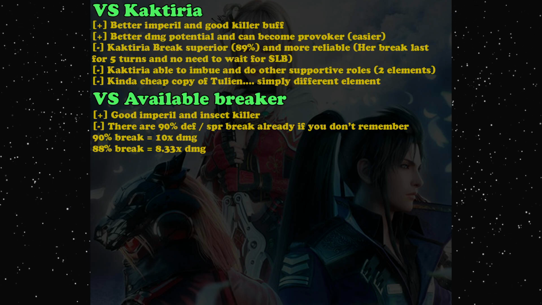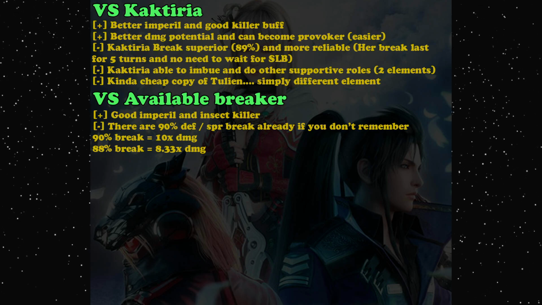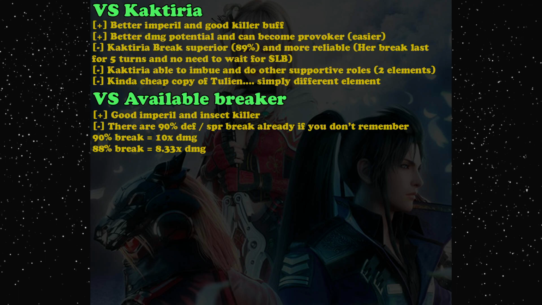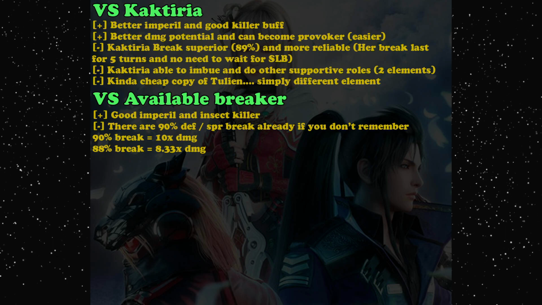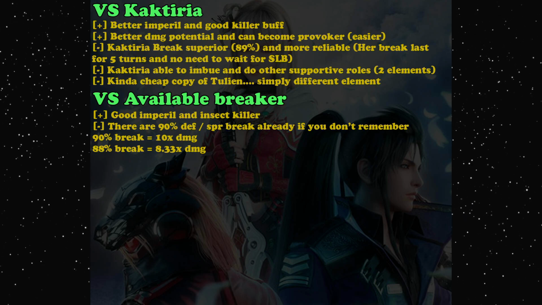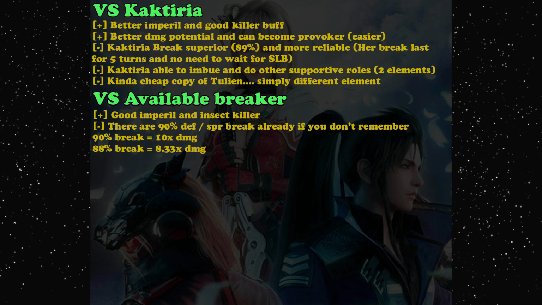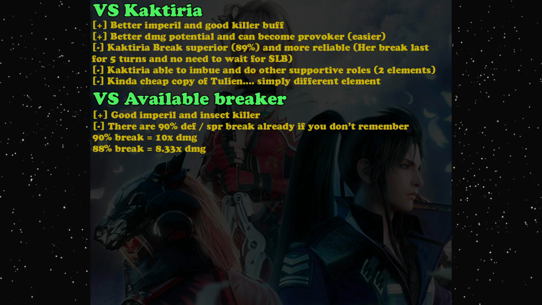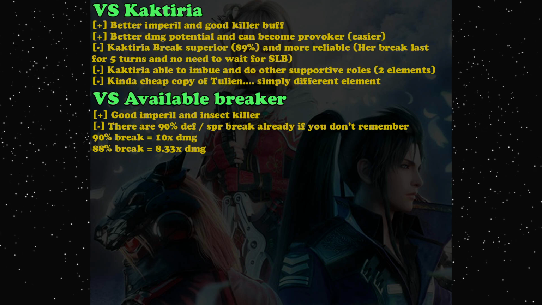Because you can simply use Stormseeker Esther and use this breaker, which I have mentioned. You can combine Stormseeker Esther with Lock for 90% defense break, right? And talking about break, Stormseeker Esther also has spammable 87% defense break. So really guys, this Ninja Edge really...